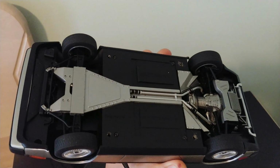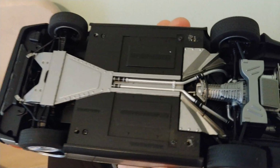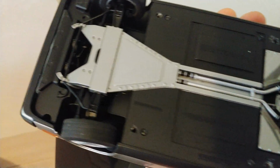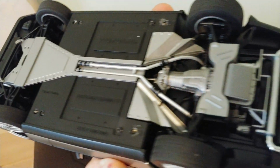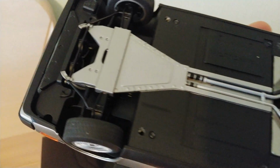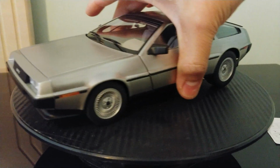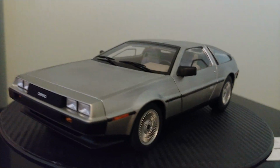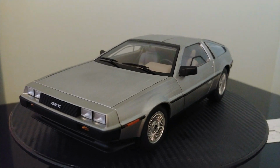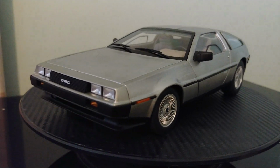So actually, before diving into the main juice of the model, this is the bottom, and it's actually very impressive with how much paneling and suspension linkage there is underneath the model. It's a rare sight. So here is the DeLorean DMC-12, and it looks like the worst looking model ever in my collection right now. But anyway, this